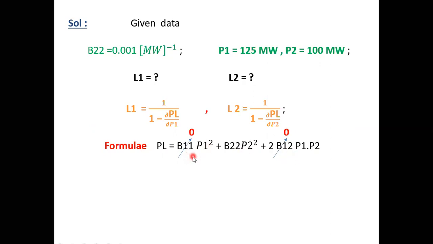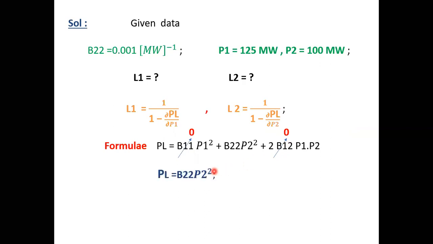Because when you are connecting load to power plant 1, there is no transmission line. So there is no loss coefficient from power plant 1 to that particular load. So the B1 loss coefficient should become 0. Not only coefficient 1 becomes 0, whatever coefficients depend upon coefficient 1 also become 0. So that's why here B11 value is 0. Similarly, B12 value is also 0.